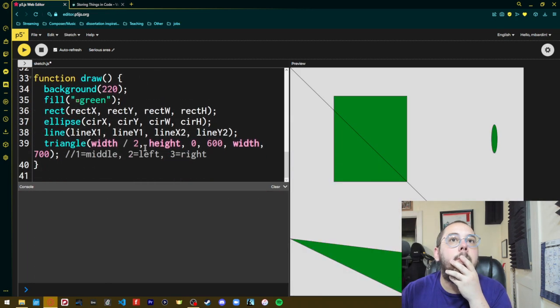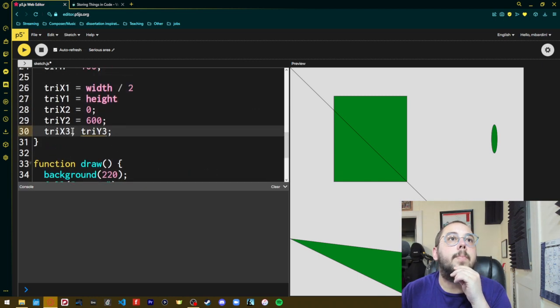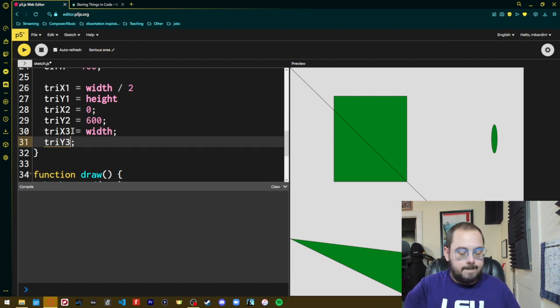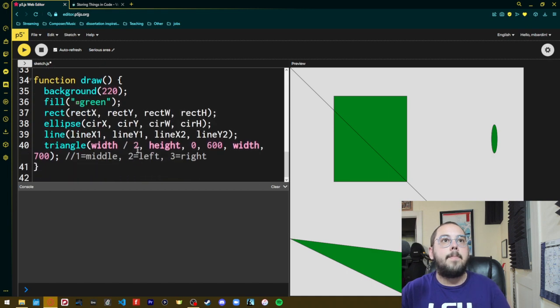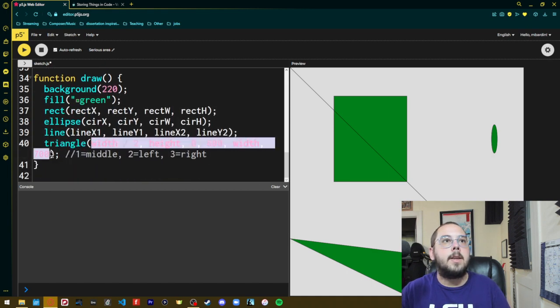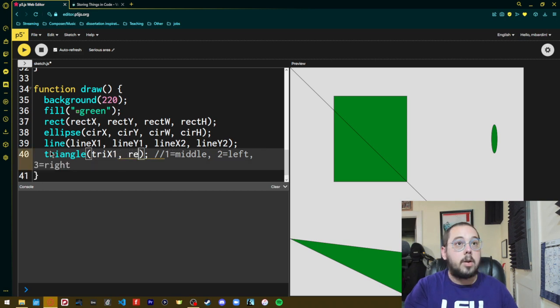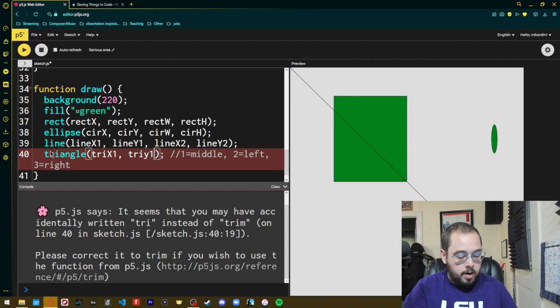Yeah, width divided by 2, height 0, 600, width, and 700. There we go. Equals width equal sign 700. So I'm just gonna, for the sake of my sanity, put those semicolons there, and now we can replace these values. So we get triangle x1, triangle y1,